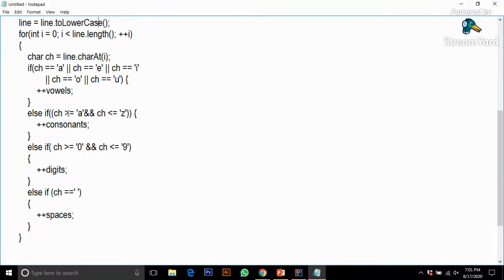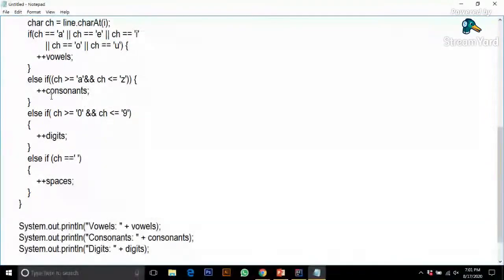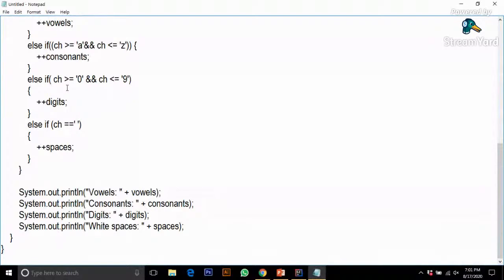If it is not satisfied, if a, e, i, o, u is not there, then coming to the else if statement, it would check from a to z. Now if none of these two conditions are met, then the third condition would run from 0 to 9. It would search for numbers, and on finding every number, it would increase the value of digit. Now if none of these conditions are met and we have a space over there, then it would increase the space count by one. And then it would finally print